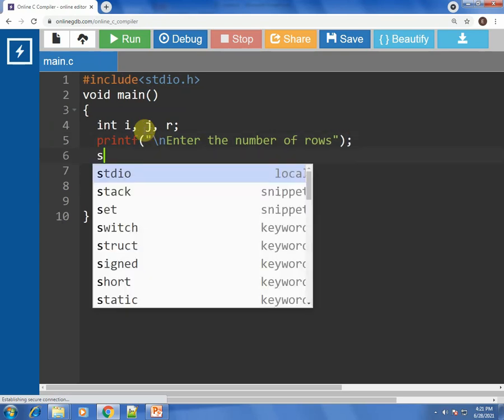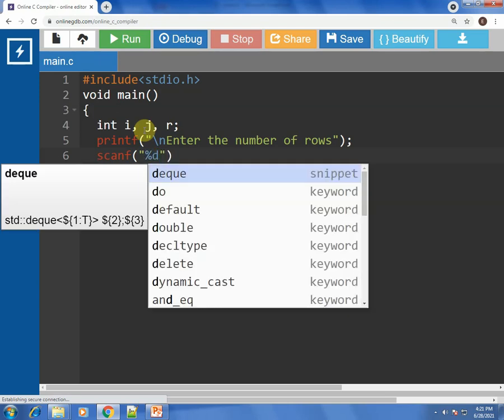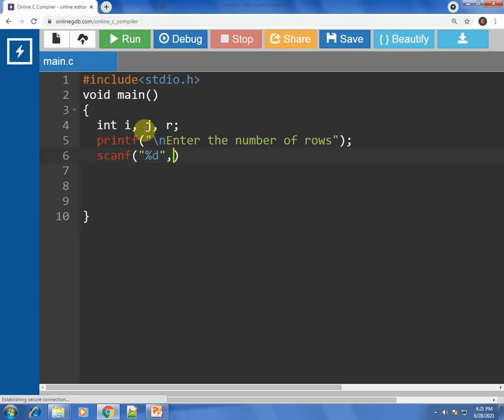After this, we have to store the number of rows in a variable, we can call it r, since I have already declared the variable r before. After this starts the main program, where we have to write all the loops for printing the pattern.